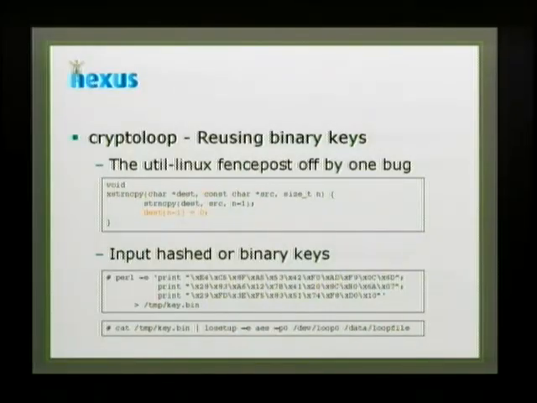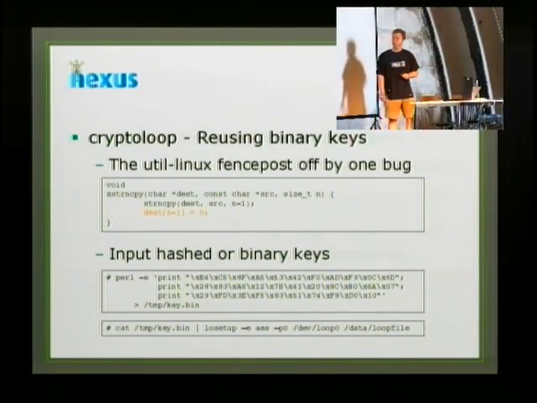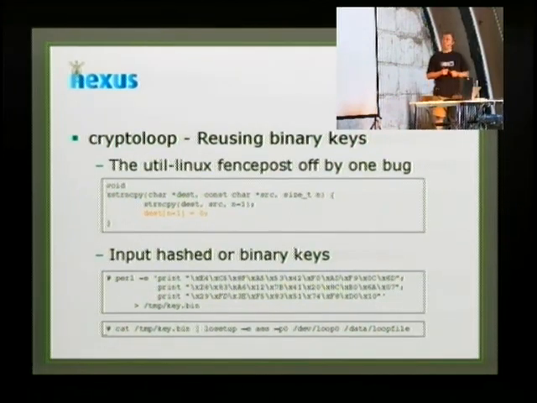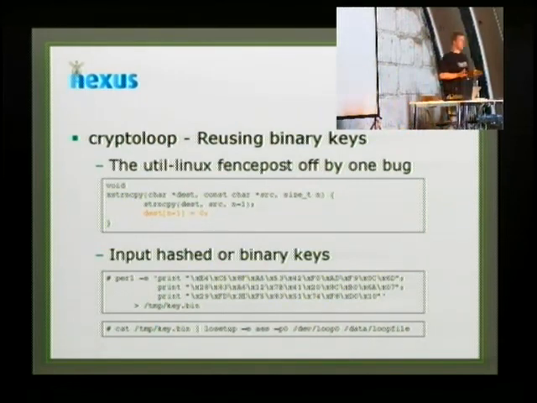Then we come to the binary keys. The binary keys are a lot harder to use. Util-linux, as it comes by default, has a fencepost off-by-one bug. For one reason or another, they choose to always put in a null byte on the last character. So even if you input a full 32-byte key, it will always truncate it and put a 0 at the end. So if we have a key that is hashed, for instance, by Debian, and we have